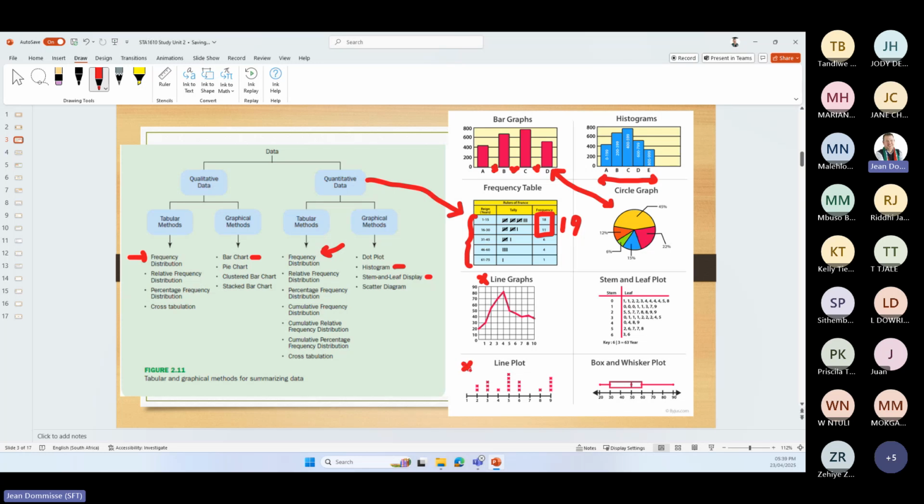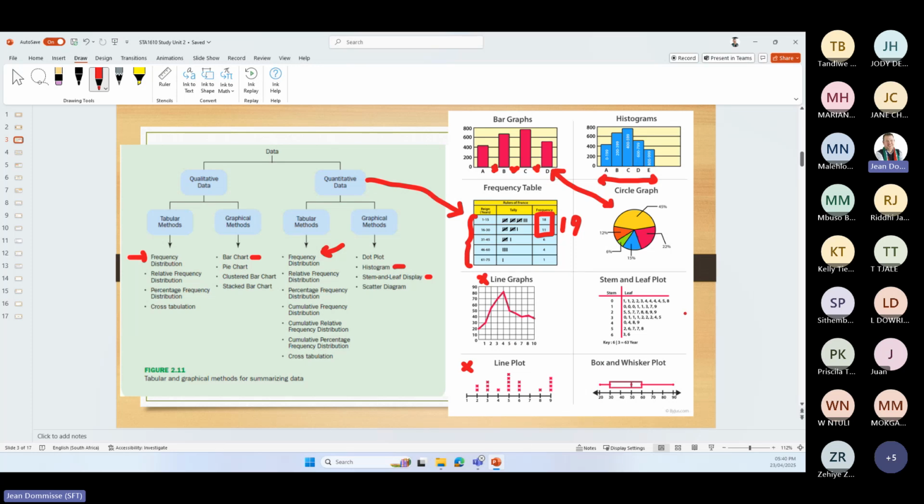Line plot, again, not really, but you can see it's very similar to a stem and leaf. So you've got points, but it gives you less information than a stem and leaf. So here you only know that there are 2 points there, 2 points were free. Here you know a bit more of those points. But again, line plot, like line graphs, is not something that you will see a lot in your study guide or in any of the assignments.